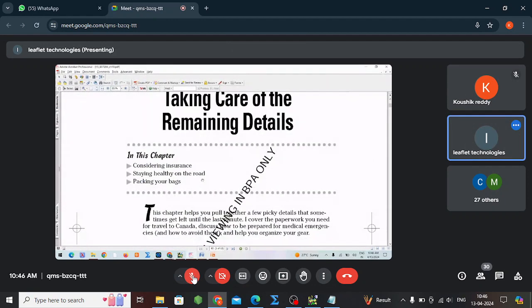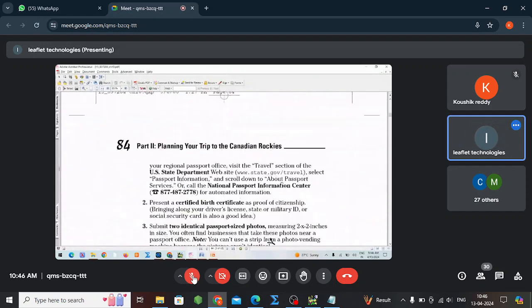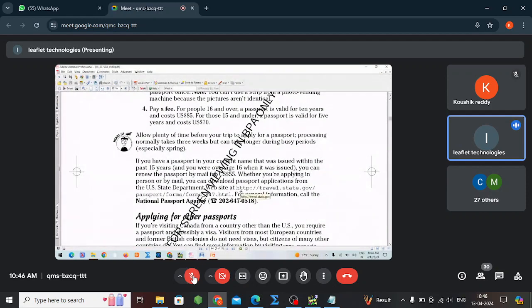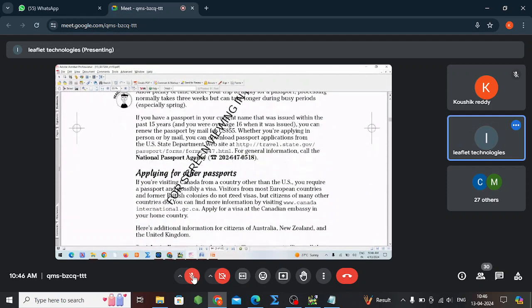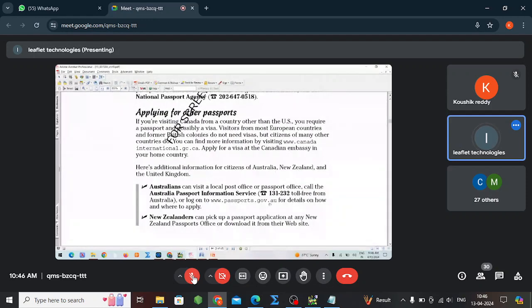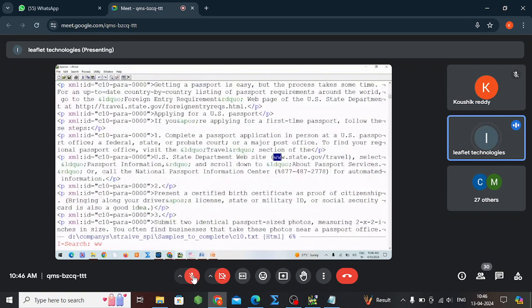See, in the PDF, we are getting website links, right? So here, website links are coming here and here and here also. Here, here. So, whenever we get website links, at that time, what we'll do? Simply